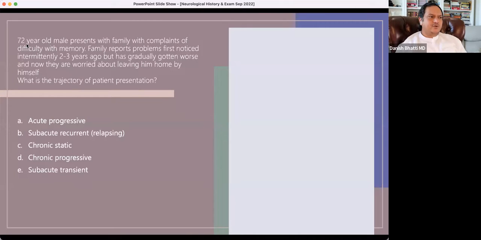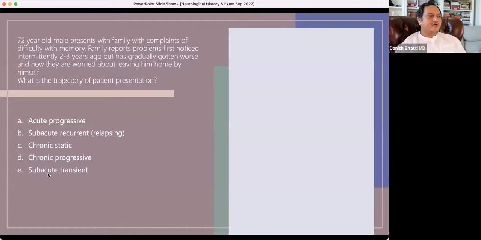So 72-year-old male who presents with family with complaints of difficulty with memory. Family reports problem first noticed intermittently 2 to 3 years ago, but has gradually gotten worse, and now they're worried about leaving him home by himself. What is the trajectory of this patient? So not the onset. So acute and progressive, or subacute or recurrent, chronic and static, chronic and progressive, subacute and